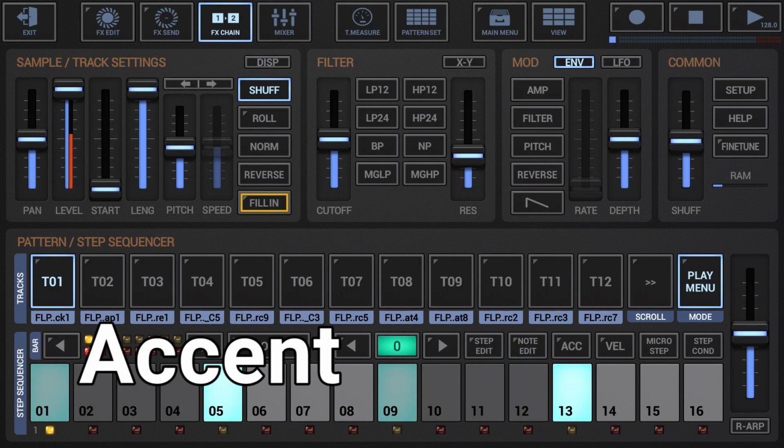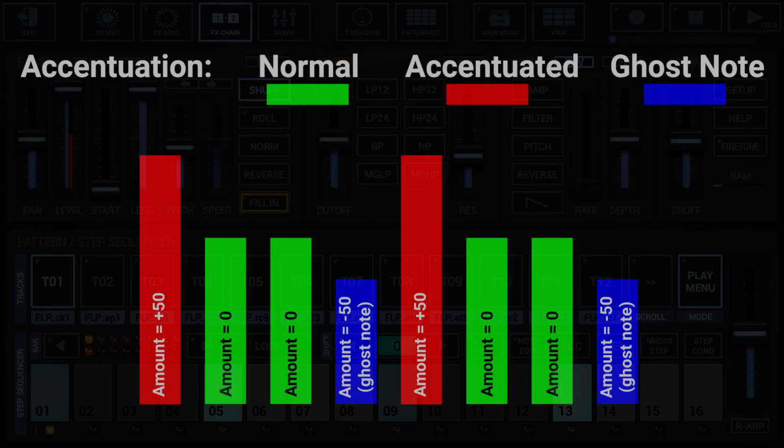Accent. Accentuation is used to add dynamics to a drum sequence's sample level. An accentuated step is played at a higher or lower level than a non-accentuated step. The actual level on an accentuated step depends on the accent amount, which goes from -100 to +100. Accent amount greater than 0 plays the sample louder. Accent amount less than 0 plays the sample less loudly, also known as ghost notes, in relation to regular non-accentuated